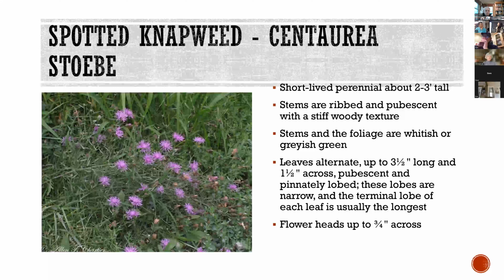The spotted knapweed, this one is one of the most difficult ones to control because it's a perennial, and it likes to live in old fields. And so we have a lot of old field habitat up here, a lot of places that used to be hay fields where this has invaded, and it's quite pretty. It makes these beautiful lilac fields of purple flowers, but it's a toxic plant. It's very invasive, and it makes a chemical that, if you concentrated huge amounts of it, would probably be carcinogenic. At the levels that it's found in the plant, we don't know that it's of a concern, but